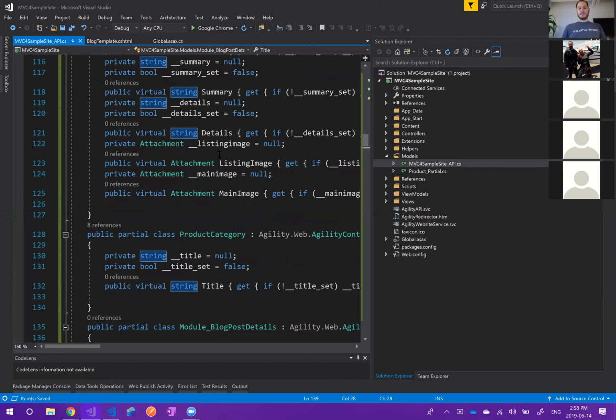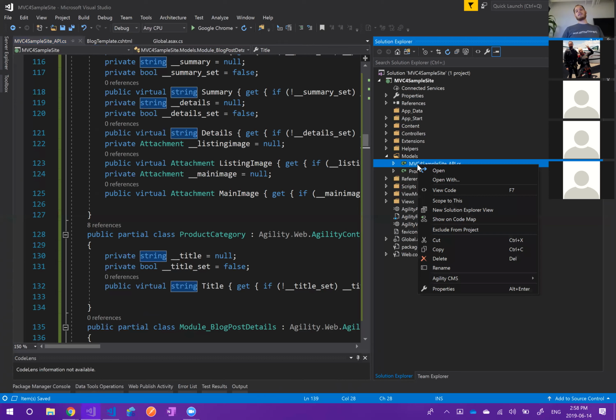Now, that being said, this could be a little bit cumbersome if you're making changes to fields all the time and you're constantly downloading this and putting it back in your project. So at Agility here, we realize that and have spent a lot of time developing sites ourselves to know that there must be a better way for this. So to answer your prayers, we have implemented a Visual Studio extension for Visual Studio. We are working on one as well for VS Code. We don't have one yet though. So this extension,